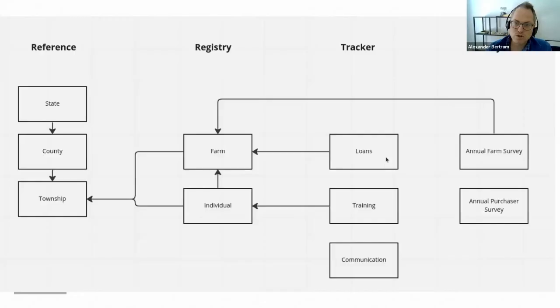So this is just a quick overview of how these things link together, right? We have here the registry. We're collecting information about farms, about individuals, and then looking at the loans that we're giving, the training that we're providing, and then following up surveys on the farms. Right, and these farms, they're linked to our reference data. So where are they geographically? Which producer associations are they linked to, and so forth. So that's all a little bit abstract. Let's open up ActivityInfo and take a look at